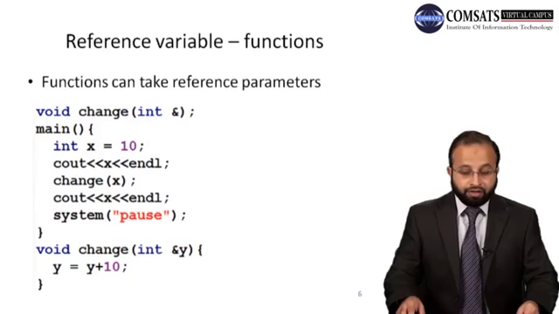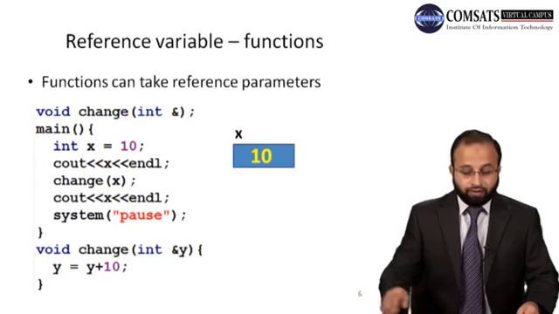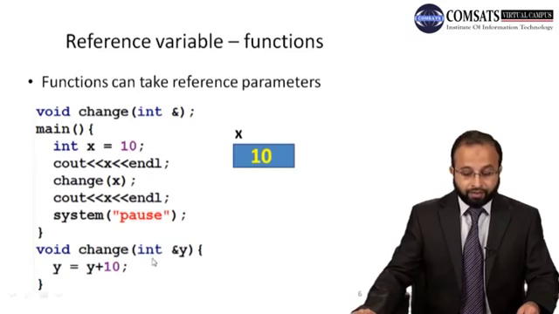And within the main function we create a variable x. The memory will be allocated and the value 10 is assigned to that variable. Then cout x prints 10 on the screen, and then we call the change function and pass that variable, and in the definition we get this value in a reference variable, int &y. So what happened over here: y will become the name for the memory location that is allocated for a variable